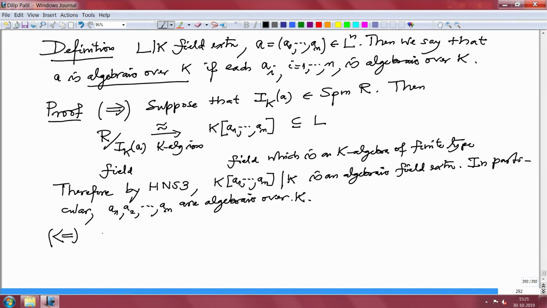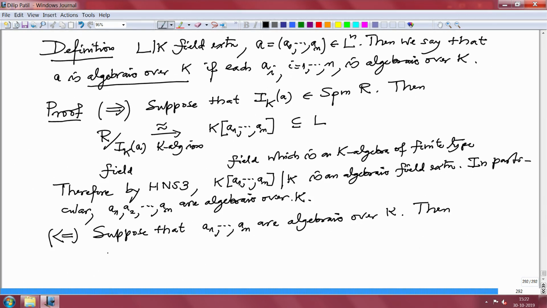Suppose that a1 to an are algebraic over K. Then this K[a1 to an], the subalgebra of L generated by a1 to an, is an integral domain. We know that because it is a subring of a field,